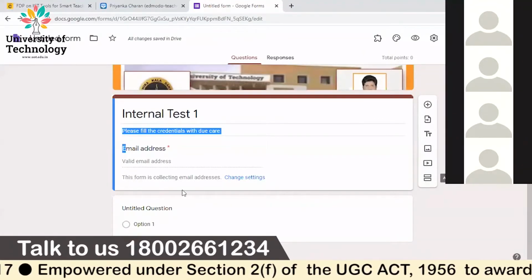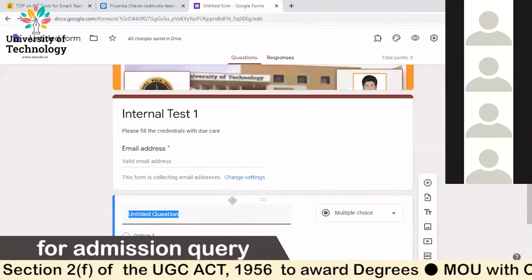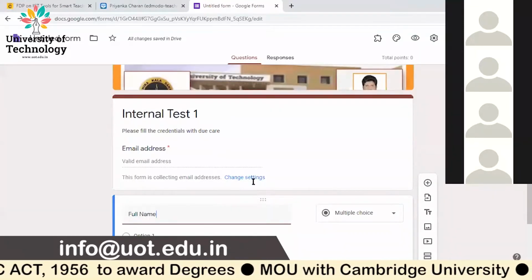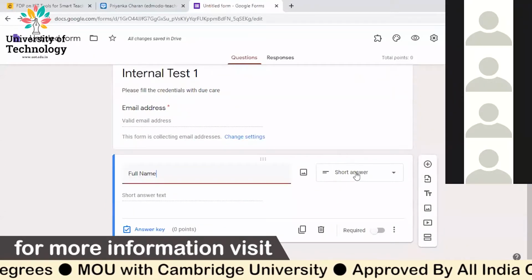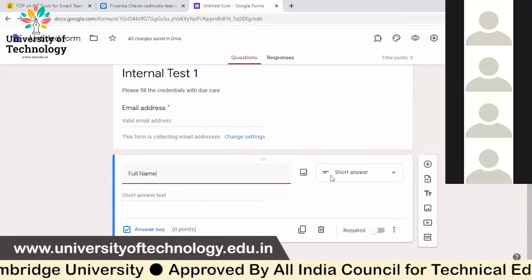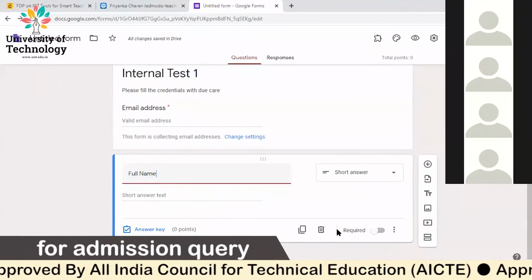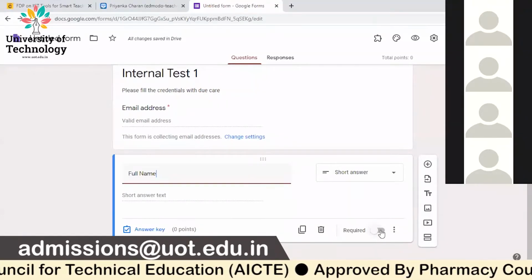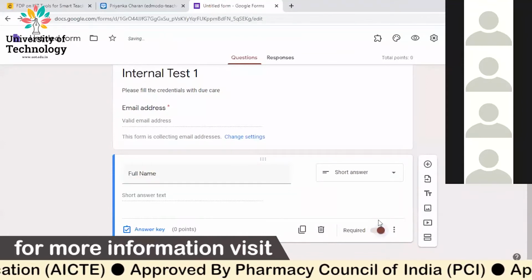Now I'm going to get the details of the students or survey respondents, right? Now I'm giving full name. Okay. Now see, the full name is automatically converted to short answer. There are multiple question formats available here. This automatically comes with the intelligence. Right now there are no marks because it is only the credentials of students. Now you will have to make this required. Only then the students will fill it. Otherwise, without filling, they can skip this. So I'm making it compulsory. If you are making it compulsory, please enable this.